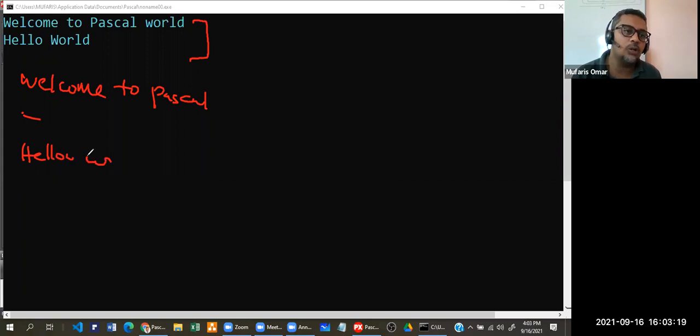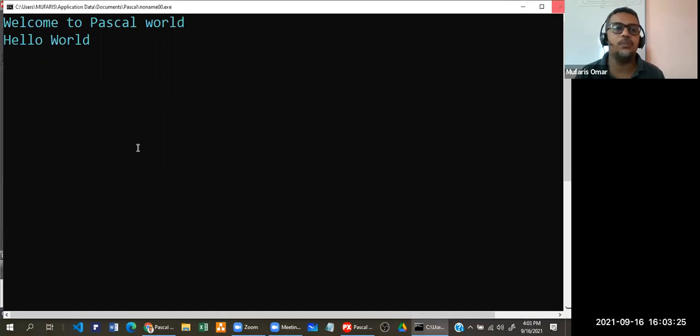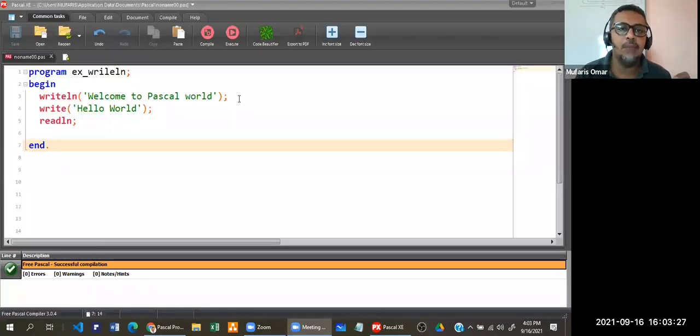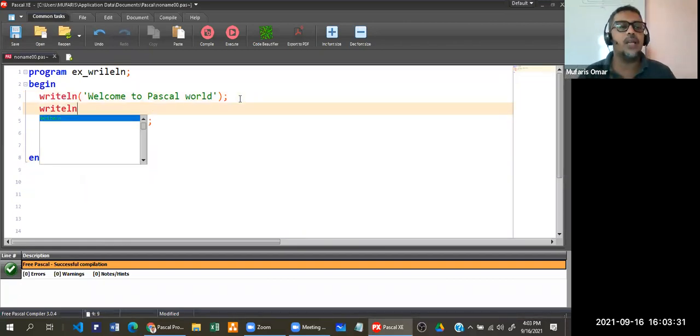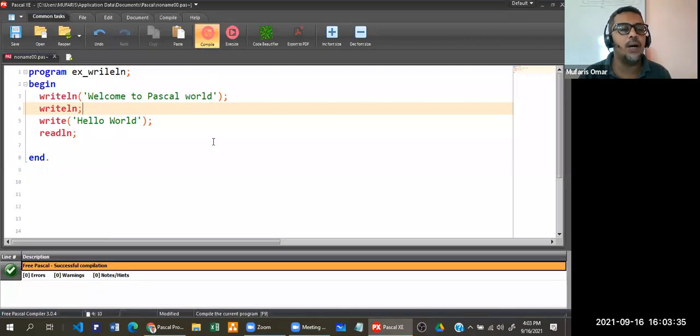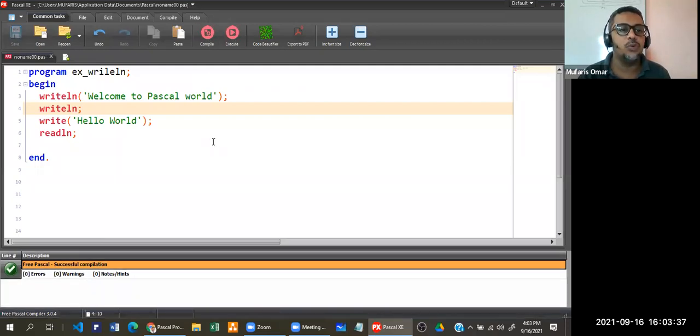So how do you get a blank line? For that purpose, you can add a blank write ln, just like this. Now compile it and run it. If you insert a blank write ln, just a write ln without any instruction,